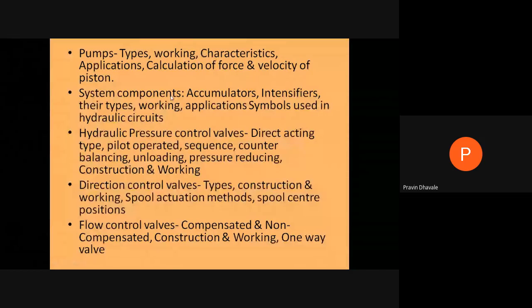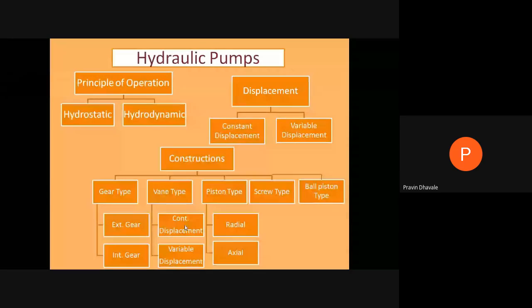This is the brief content of the second chapter: pump types, working, its characteristics, and system components, where you have to study the accumulator, intensifier, their types, working, symbols, and applications. Then hydraulic pressure control valve, direction control valve, and flow control valve. We have seen all these elements in detail one by one. In the last lecture, we have already started